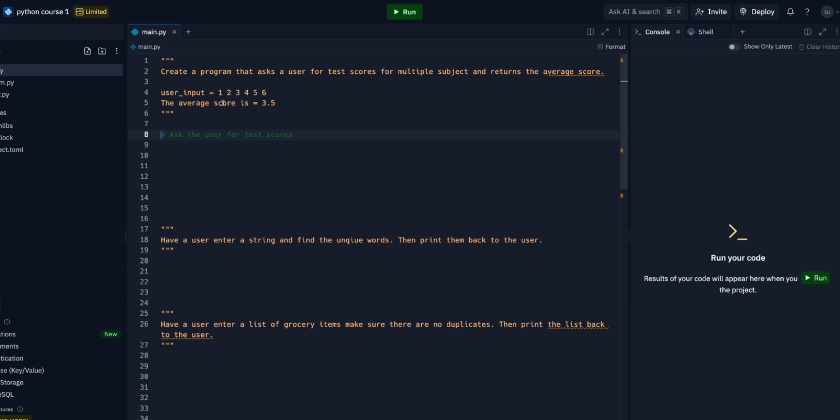Okay, so in this first example we have a little statement that says create a program that asks a user for test scores for multiple subjects and returns the average score. So we're going to get an input like this, and then we're going to return the average score. So the way that we do that is we're going to go ahead and